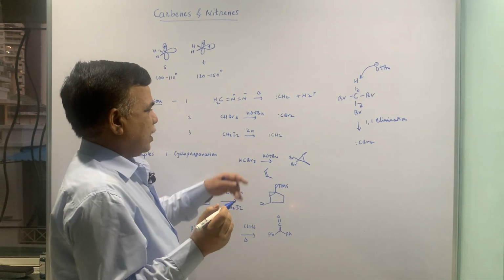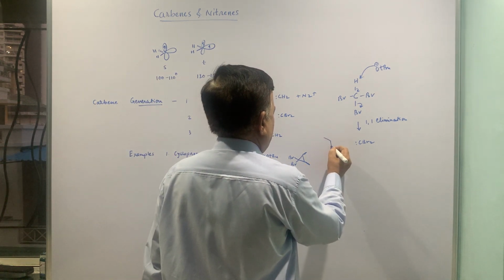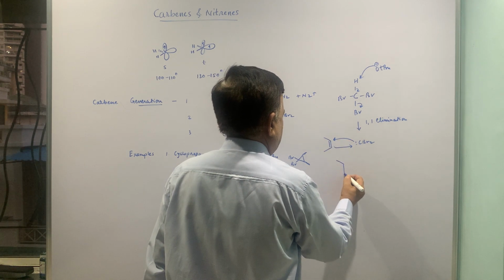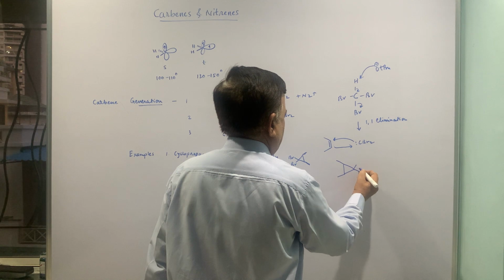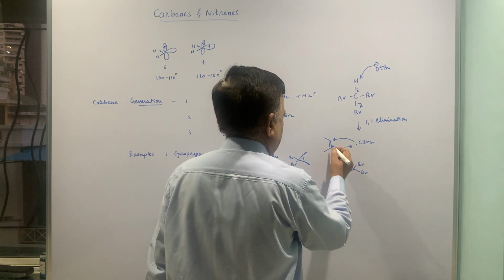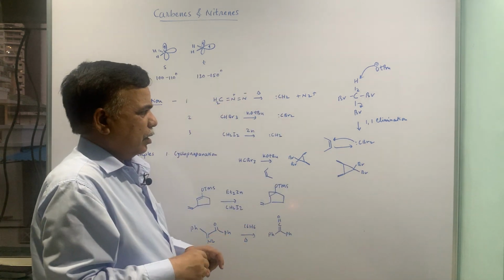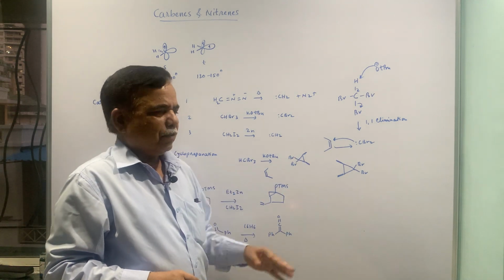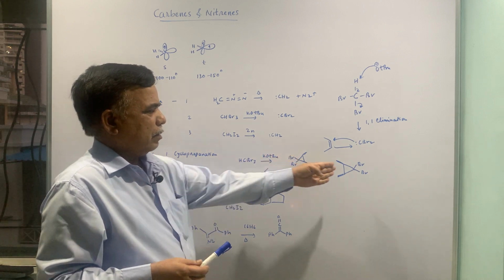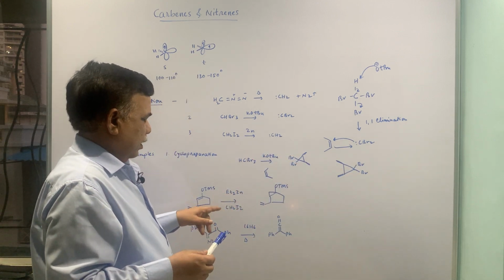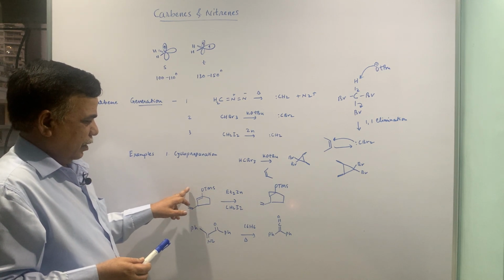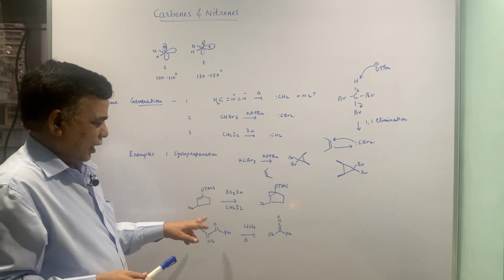So once this is formed, then this can be added to the alkene, that is how the geometry of methyl remains the same. They were cis, now they are cis in the product also, and for bromine, one will be alpha, the other one will be beta, because in a 3-membered ring you can have one alpha, one beta. Okay. Now here once again you are generating a carbene which can be added here. We will write down the mechanism for Simmons-Smith